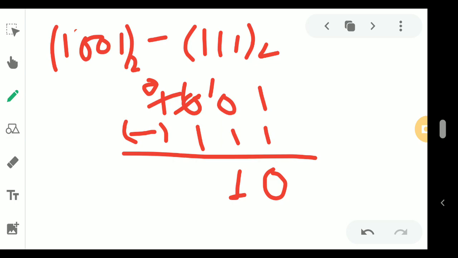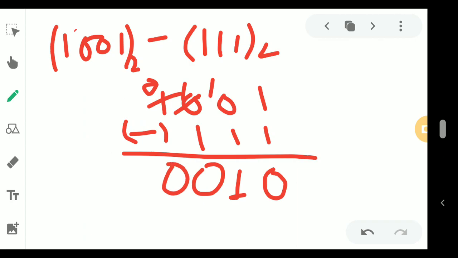Here though I have given 1. Yes, I have given 1. So this becomes what? 1. If I subtract, this becomes what? 1 minus 1, it is 0. I have given 1 over here. See, 1 over here, that is I have taken the borrow from here. So 1 minus 1, it is 0. Okay, and again it is what? 0 here, 1 is taken, so 0, and here is nothing, here is no digit left, that's why 0.